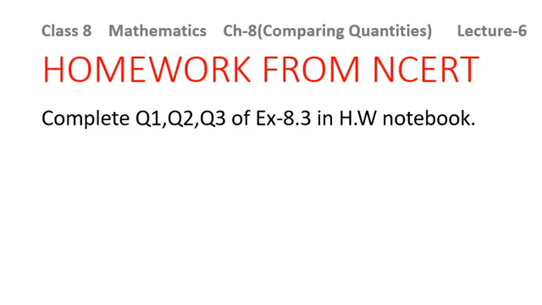We have learnt about conversion periods. On the basis of that, we have seen how rate will be divided by 2 and time will be multiplied by 2. If the interest is compounded quarterly, then we have seen the formula will be changed and there will be effect on rate as well as on time. That rate will be divided by 4 and time will be multiplied by 4. As I told you, in your NCERT book, only the questions related to interest compounded annually and interest being compounded half yearly are given to you, but you should be aware about the concept of interest being compounded quarterly. That is why I have discussed it here.